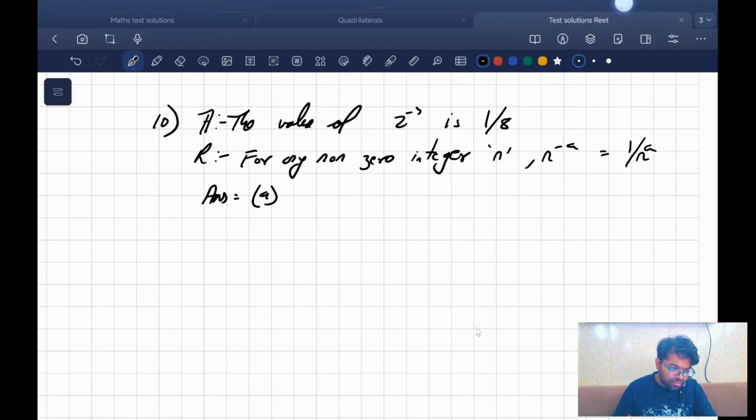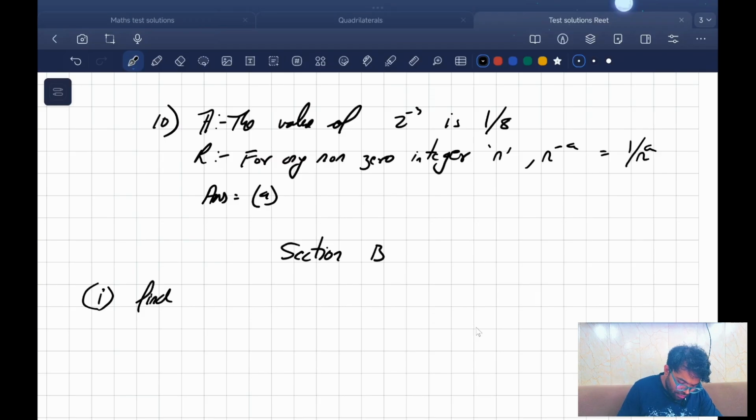चलो अगला क्वेश्चन. सेक्शन बी. सेक्शन बी. सॉरी, ये क्वेश्चन नंबर 11 है. ठीक है, नॉट नंबर 1, दिस इज क्वेश्चन नंबर 11. फाइंड द वैल्यू